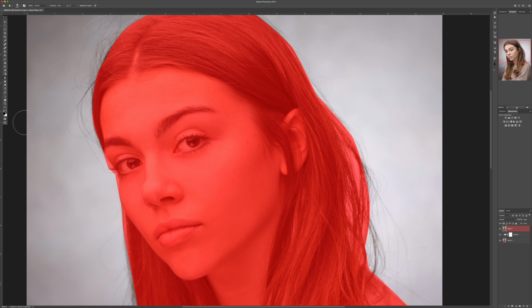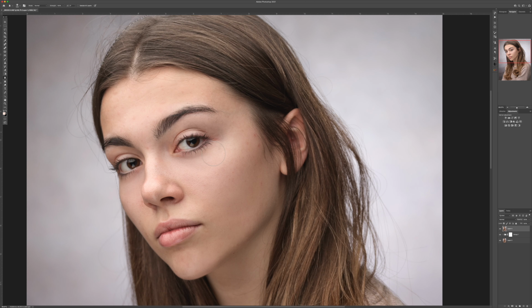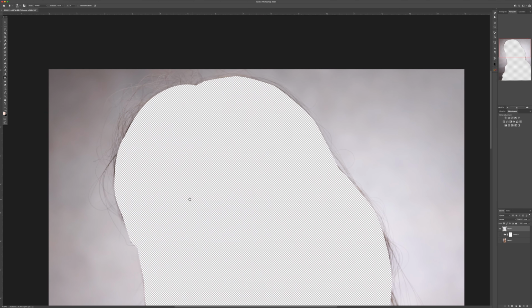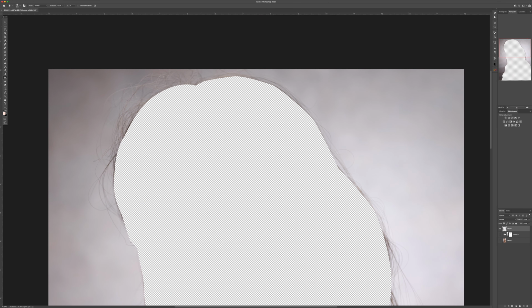Right, so come out of Quick Mask. Now, at the moment we've selected the background, so what we could do is copy and paste, but we don't need this layer anymore. So I'm going to invert it and then I'm going to delete it. And just to help you, I'm going to turn off the other layers underneath it so you can see what we've got here. Now if I hold down Command and click this layer,